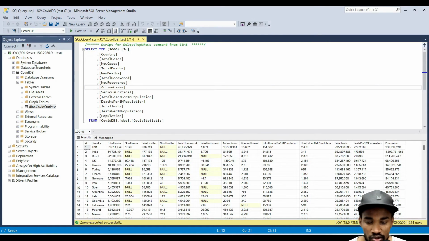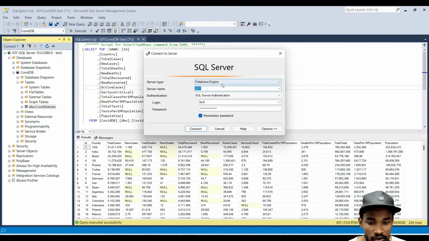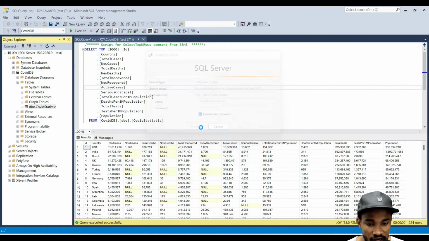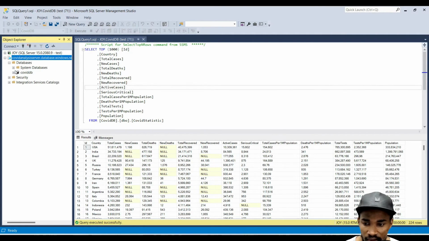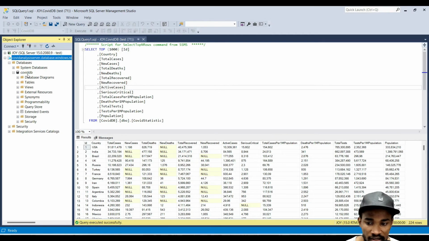What I would do now is ensure that we can connect to our actual server, which is that server right there. The actual username is that name, code analysis server, and then the next thing is just to put in the password, which I will remember for now, so that next time I need to do this, I don't have to do it every time. As you can see there, I can connect to the Azure DB, which is right here. COVID DB, you can see there's a COVID DB right here,